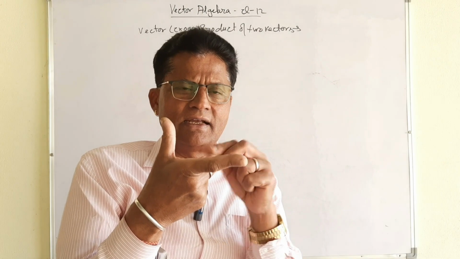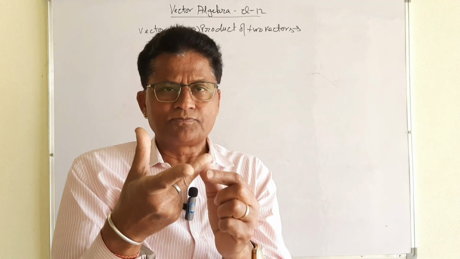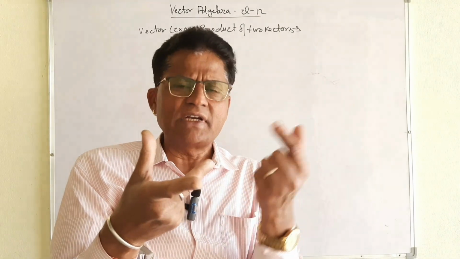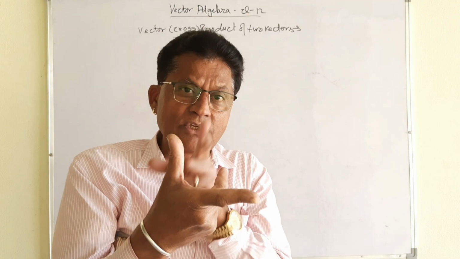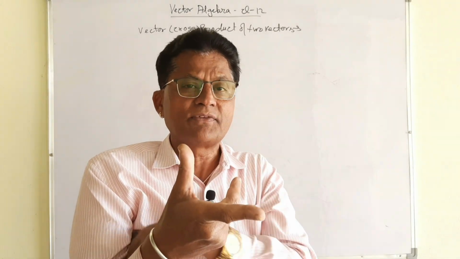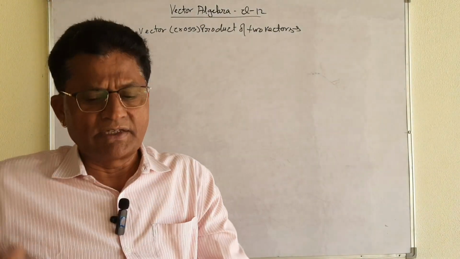This will be vector A, this will be vector B, and between vector A and B there may be any angle: 30 degrees, 40 degrees, 60 degrees, 90 degrees, whatever it may be. But vector A and vector B will both be perpendicular to the unit vector. This is a very important concept you must keep in mind, otherwise it will be very difficult to understand the definition as well as the questions, my dear student.